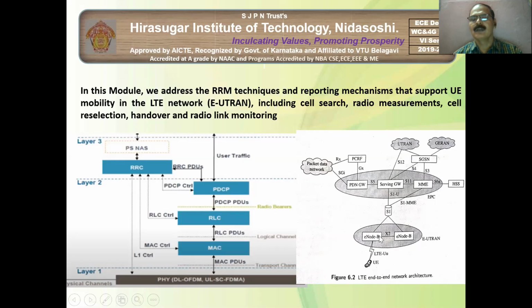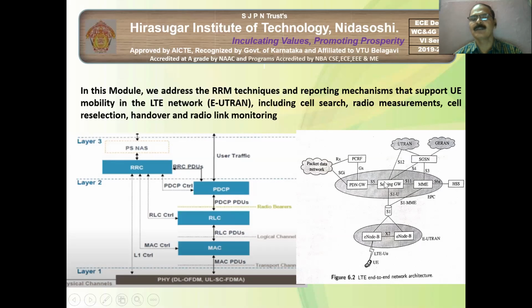Whenever the UE sends information, paging information, first it is routed to the MME through S1. This interface from eNodeB to MME is called S1. First the information goes to the MME. After the MME, in consultation with the serving gateway and the PDN gateway, it gives permission for further dialing. The eNodeB will be connected to the serving gateway. So the first part is this.